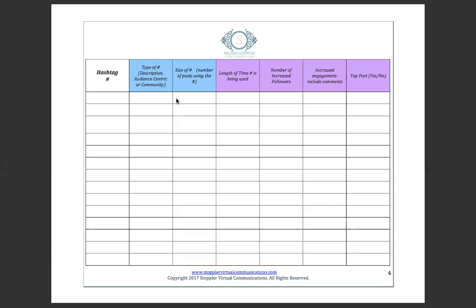Next, you're going to look at your overall account growth. You're going to record the account size when you started testing the hashtag. At the end of the trial period, make a note of the increase in followers. Pretty simple. If you started with 150 followers and then at the end of your 10-day research period you had 250 followers, that means your account grew by 100 followers while using this batch of hashtags. It's probably easiest if you test one group of hashtags at a time. That's why I say you don't want to do that for too long, but you do want to do it long enough that you can get some good data and see if those hashtags are actually going to perform for your account.